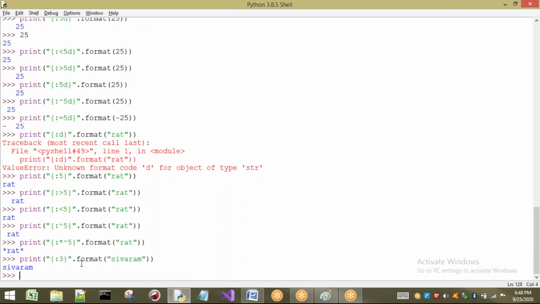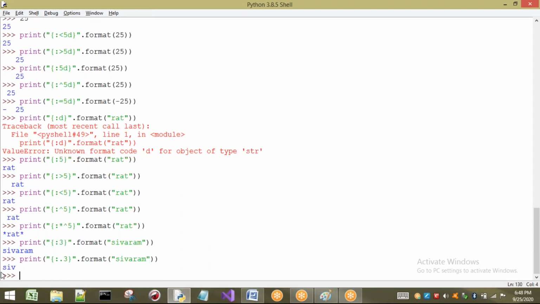Oh, okay, I have not taken the dot here. If I take the dot, you can observe the output. Here I have to take the dot. Now see, how many characters are printed? Only 3 characters. That means I am telling it to take only 3 characters from this, so SHI is selected.